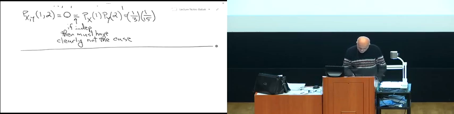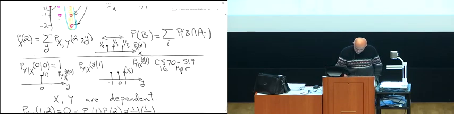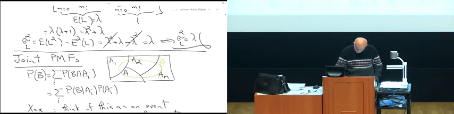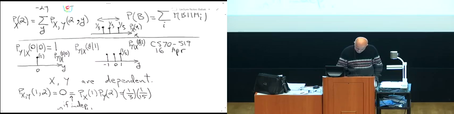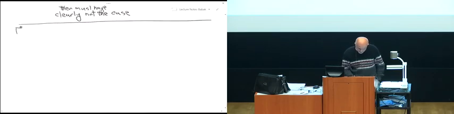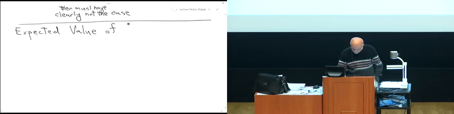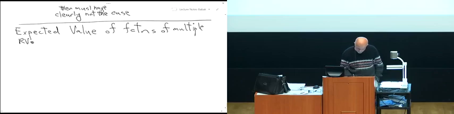Now, with regards to, did I do expected value of joint? No, I haven't done the expected value of sums. So basically the same rules that apply to single random variables carry over here as well. Functions of multiple random variables. So if I have a function of two random variables, x and y,